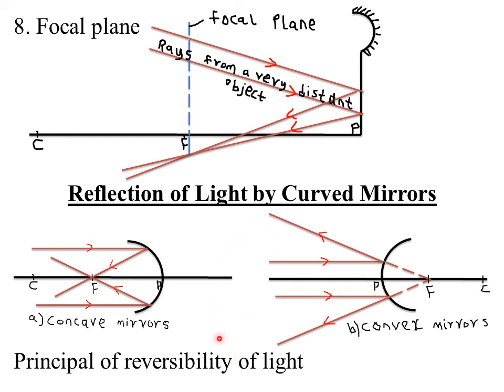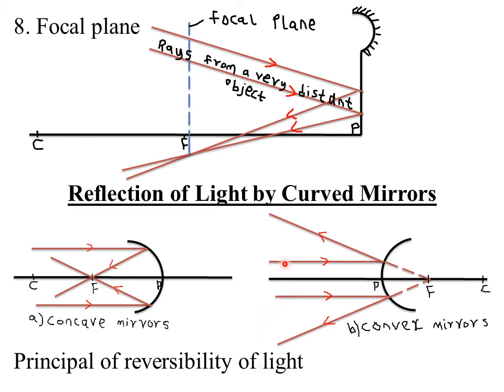Then lastly, we look at the principle of reversibility of light. How does the principle of reversibility of light state? The principle of reversibility of light simply states that the path of light rays are reversible. Meaning if a ray was moving from this particular side,